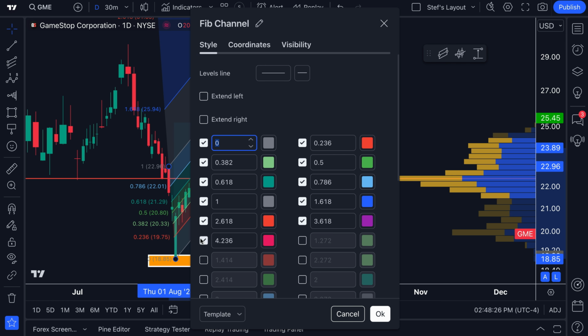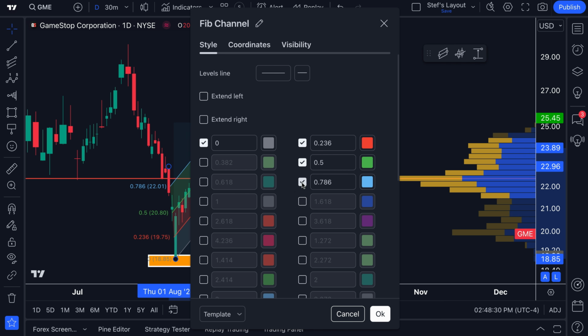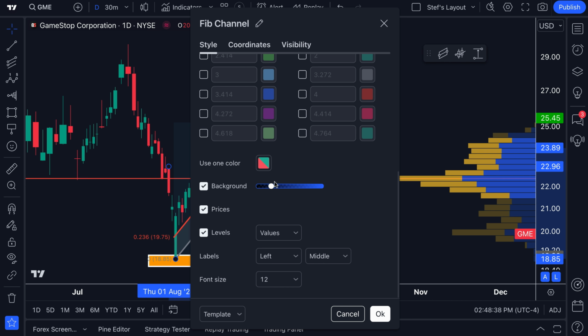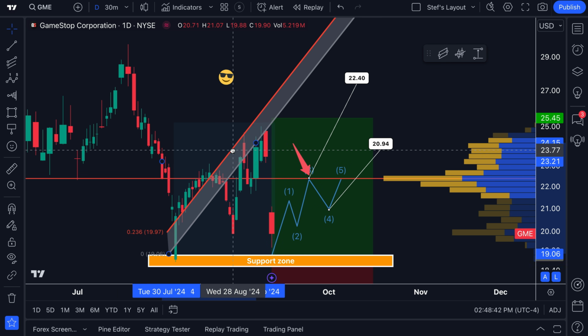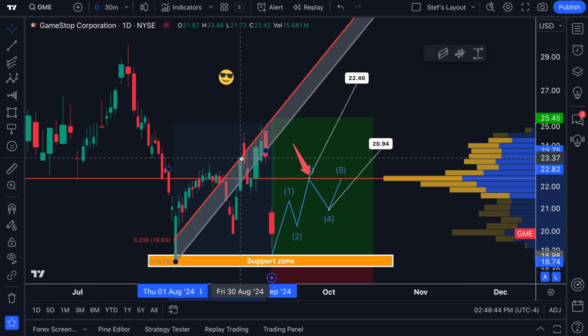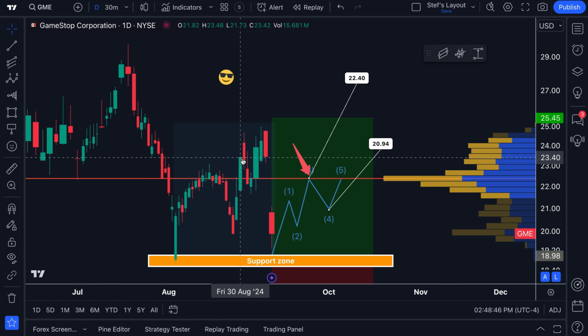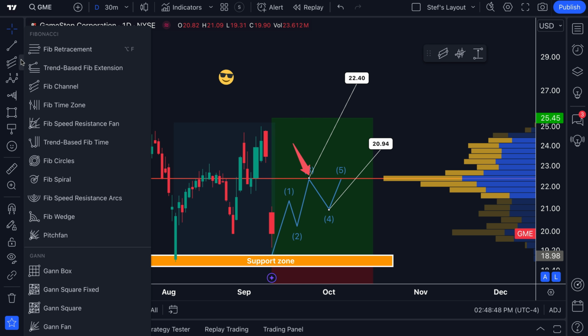Double click, maybe you only want to show 2 lines on this chart. Well, what you've now done is you've almost created your own custom channel tool. We do have a channel tool, but this just is another way for you to use these Fibonacci tools here to make a drawing tool of your needs. This is what we mean when we say that there are almost unlimited customizations and